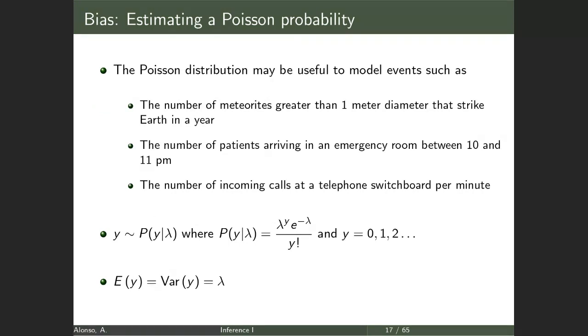A situation where unbiased estimators may be weird. Suppose that you want to model the number of meteorites greater than 1 meter diameter that strike Earth in a year. That may be an important thing to know. I mean, 1 meter may not be a big issue, but if you have a meteorite larger than 50 meters, you can get into trouble if it strikes against a town or against a city. So you want to calculate the probability that you will have 1 or 2 or 3 meteorites with this characteristic